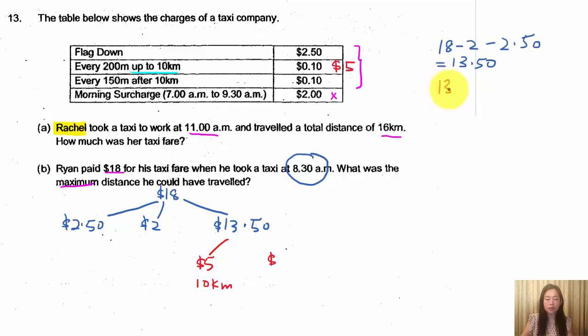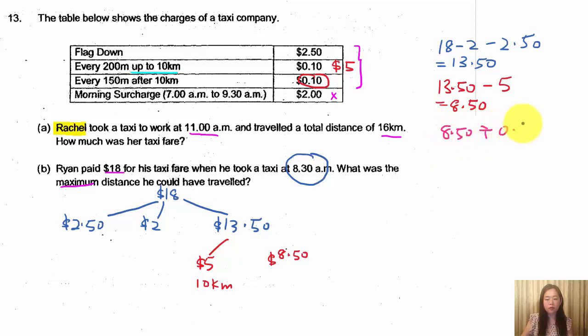So $13.50 minus $5 is actually equal to $8.50. So $8.50 will be here. Since it will be 10 cents for every 150 meters, I have to find out for $8.50 how many 10 cents are there. So $8.50